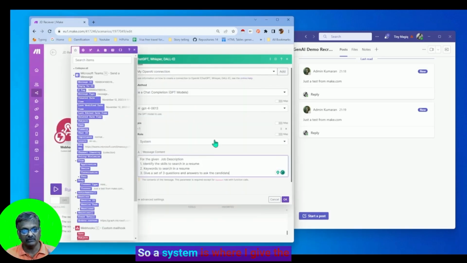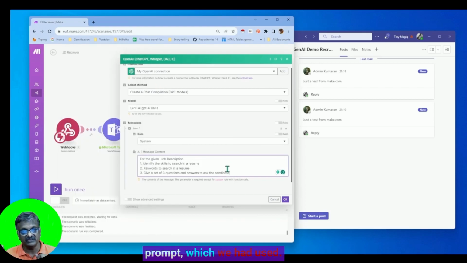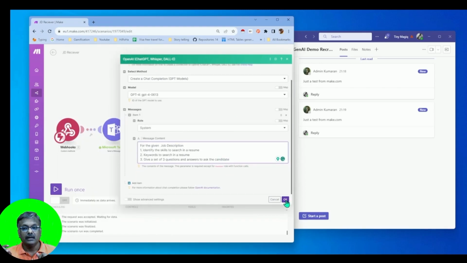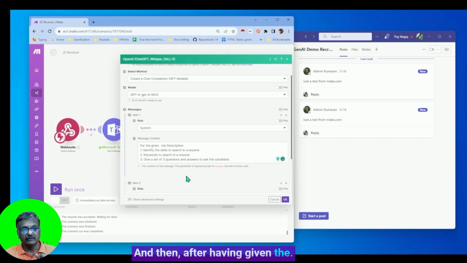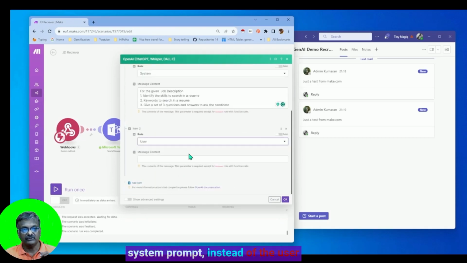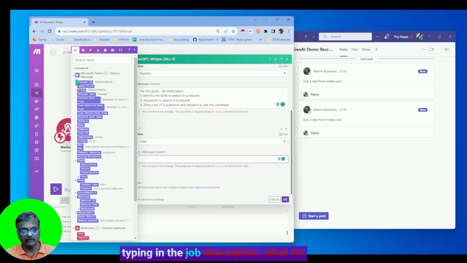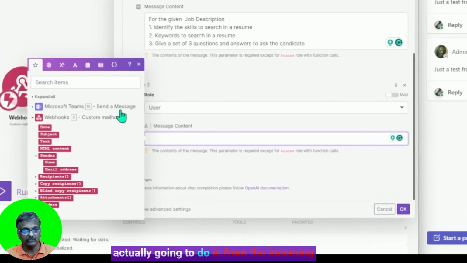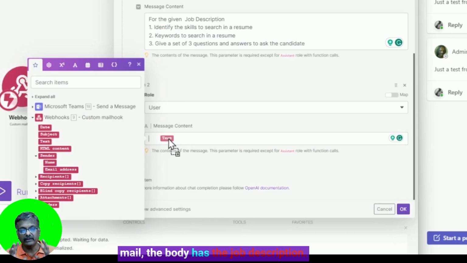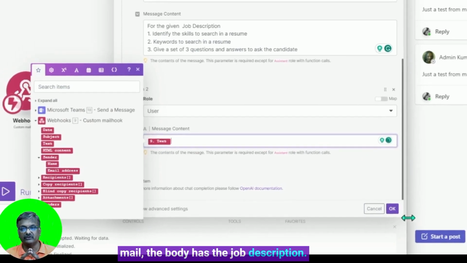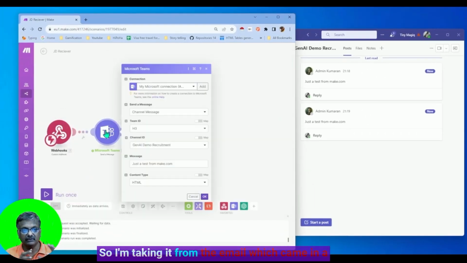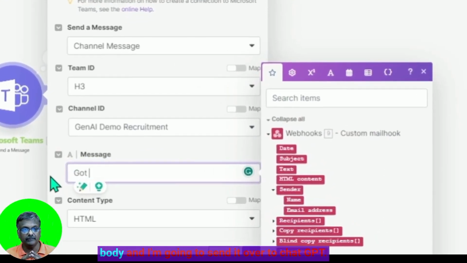So in the system prompt, which we had used, instead of the user typing in the job description, what I'm actually going to do is take the job description from the body of the incoming mail. I'm taking it from the email body, and I'm going to send it over to